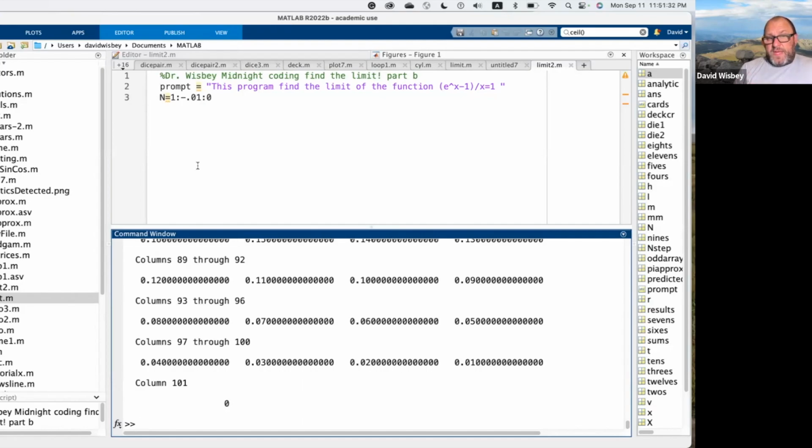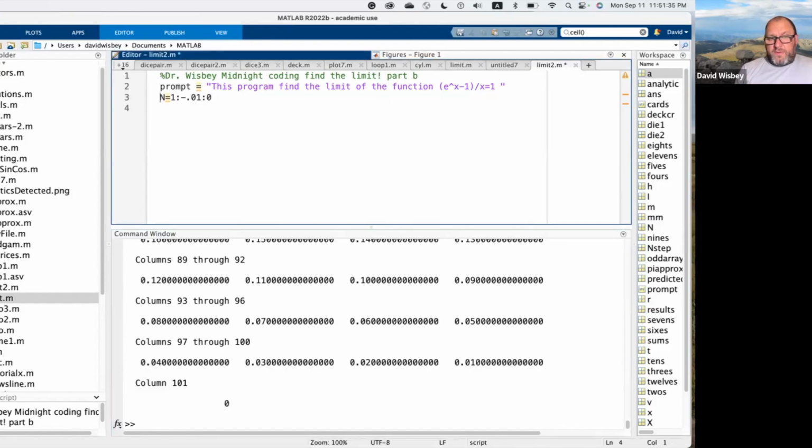Now we need to make another array. I don't want to see the outputs anymore. I'm done with the output. We could also make this smaller here. If it was earlier, I could figure out a much more clever way to do this, but it's getting late and we're just going to do it the dirty way. So we're going to create a variable called limit e, the limit of e, and this is going to equal